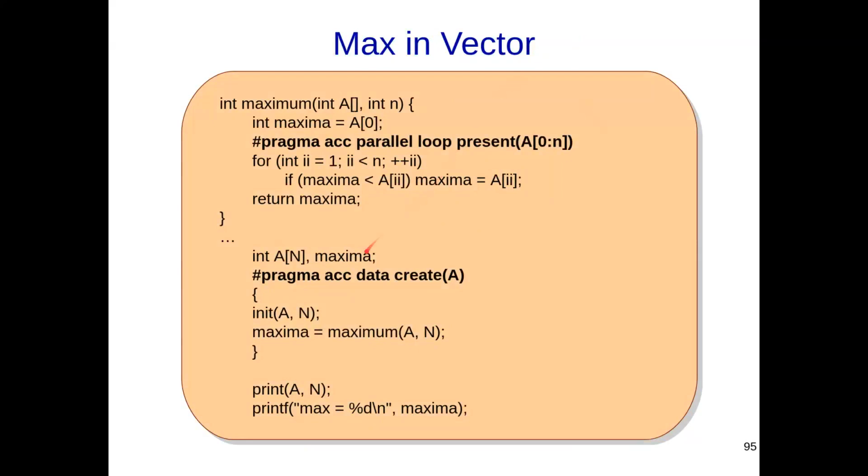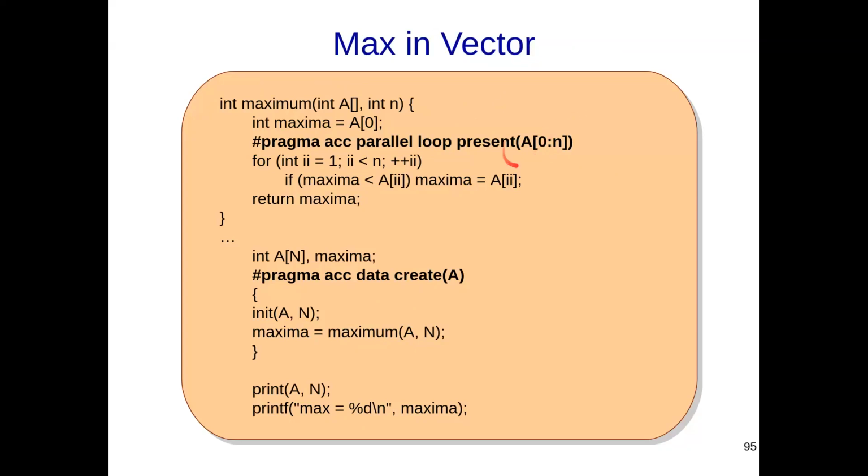As far as the maximum function is concerned, there is this parallel loop, and I'm specifying that A is present. By the way, sometimes you might want to specify this explicitly, the starting point colon length of the array, in case the compiler was not able to figure it out. That can happen if you have, let's say, malloc arrays, or arrays where the parameter is coming from runtime and not a compile time constant. In that case, the compiler may not be able to figure out how many elements to copy, and it will also not give you any